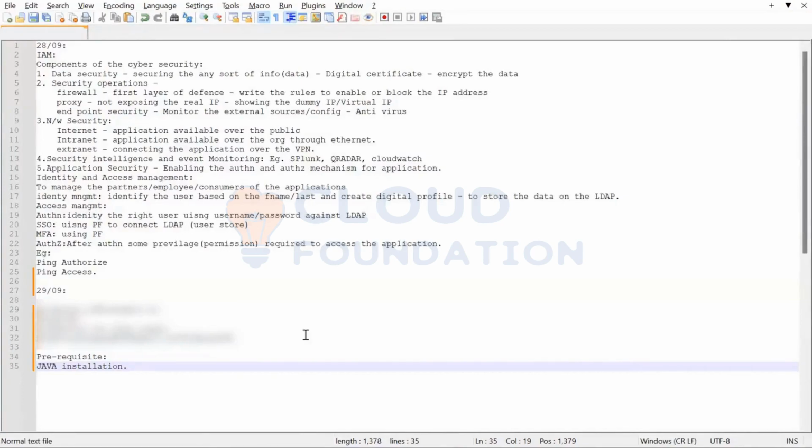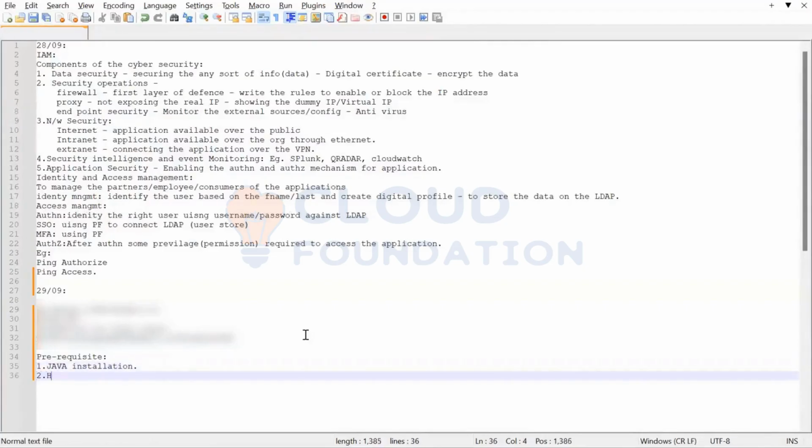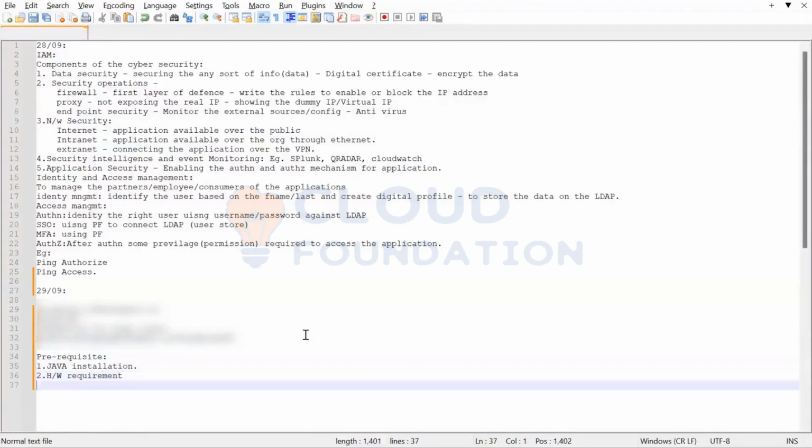The next point is the hardware requirement. Hardware means the RAM size, whether it is Windows or Linux, and how much hard disk space there is. These all come under the hardware requirement. In order to understand the hardware requirement, how much RAM size and so on,